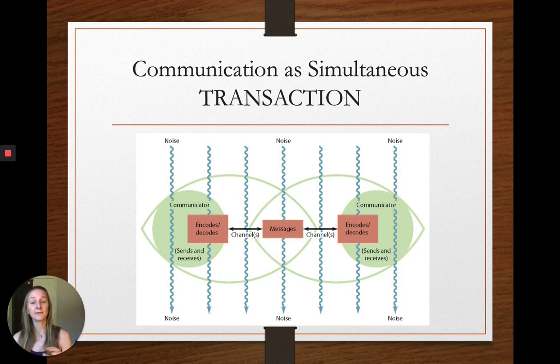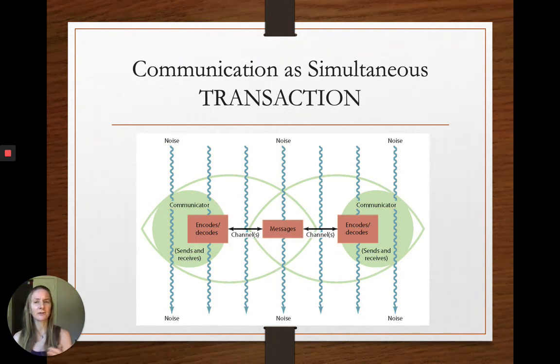And you'll also notice that for each communicator in this model, there's that pink box that says encodes and decodes. And I love this concept because encoding is right now, as I'm trying to explain this communication model to you, I'm encoding a message in my head. So my experiences and my expertise are helping shape how I frame this message to you. And similarly, you're decoding the message. So your experiences and your expertise are filtering through that message that I'm sending to you, and you're thinking about,